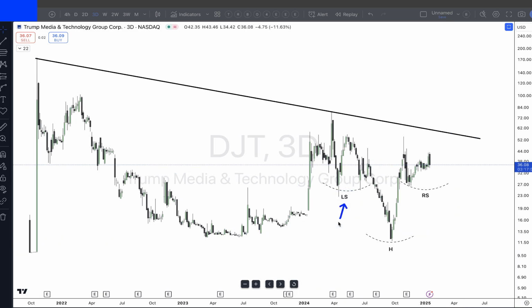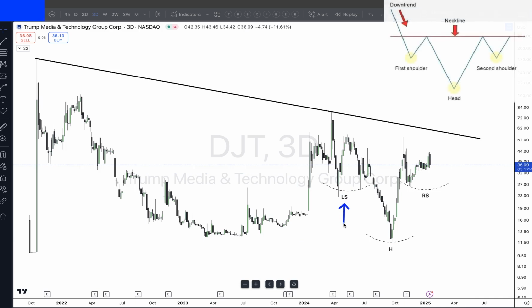So for starters, in technical analysis, there are patterns. And this one appears to me like a fairly textbook inverse head and shoulders pattern. Just think of somebody that's upside down. Here's their left shoulder. This is the head. And this is the right shoulder, which looks to be completing up the right side of the shoulder to this neckline.